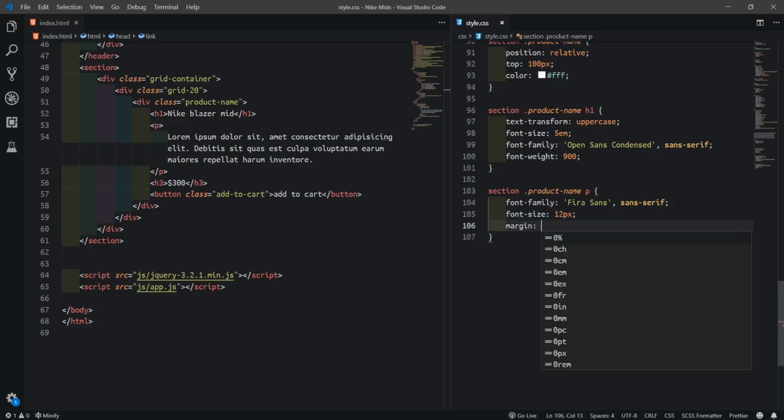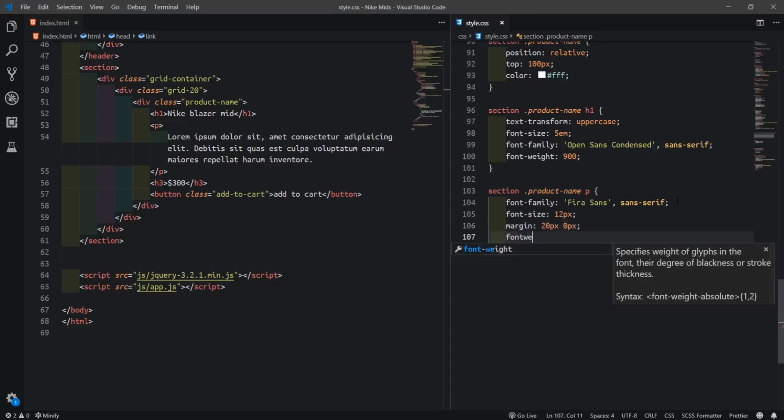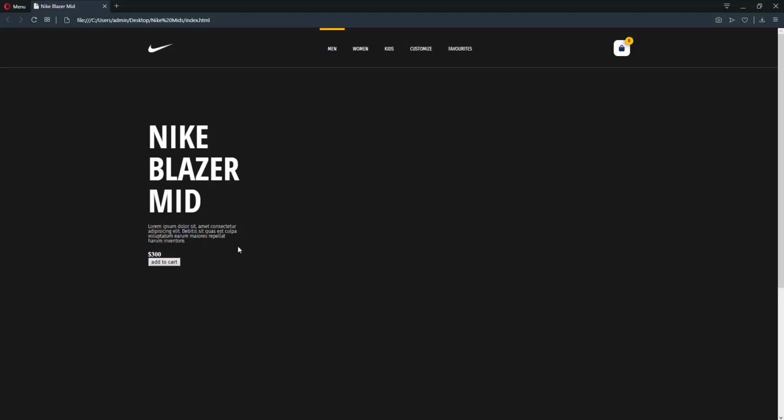Top and bottom will be 20 pixel, while left and right will be 0 pixel. Then font weight 200. So if we go back and refresh now, you see how